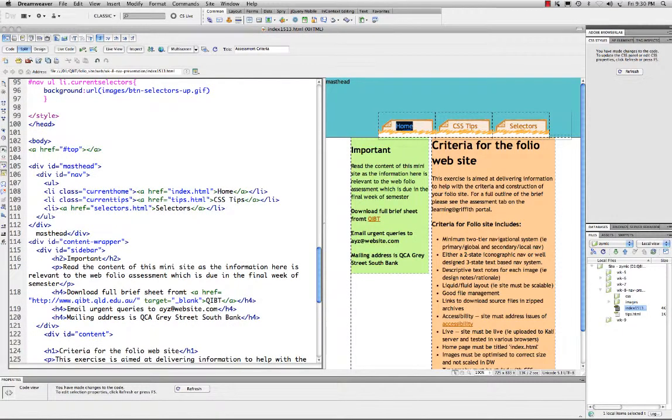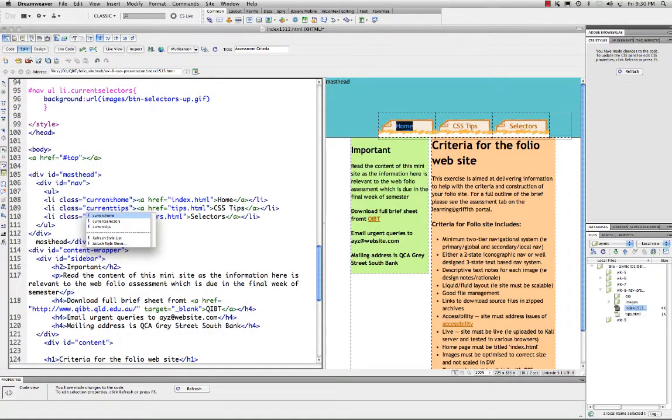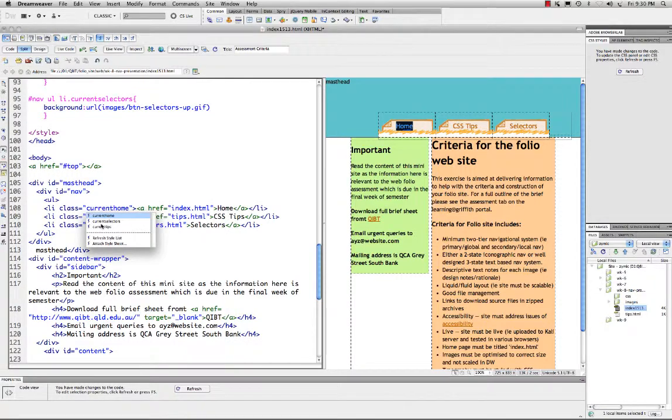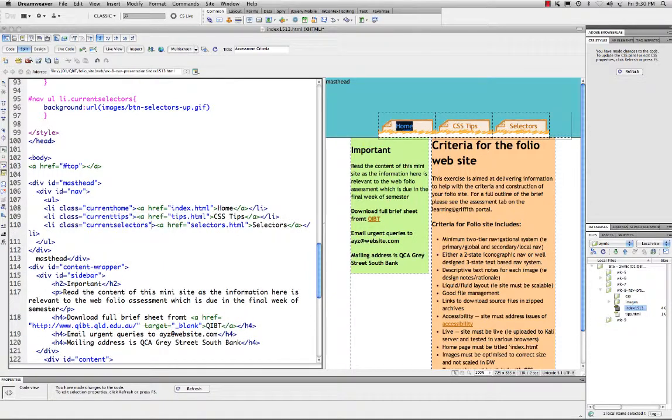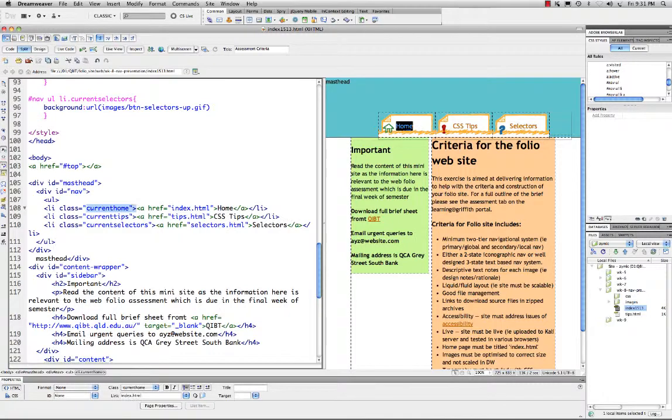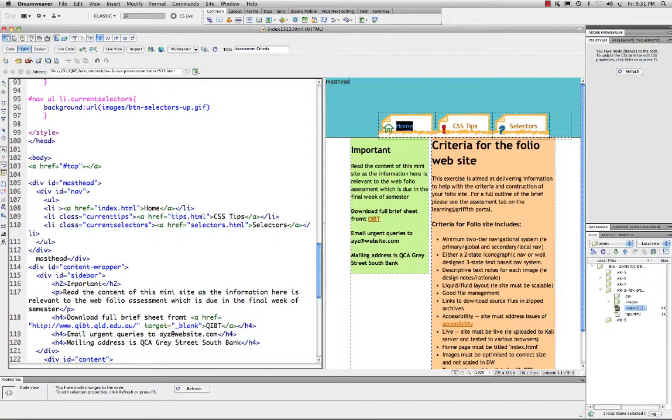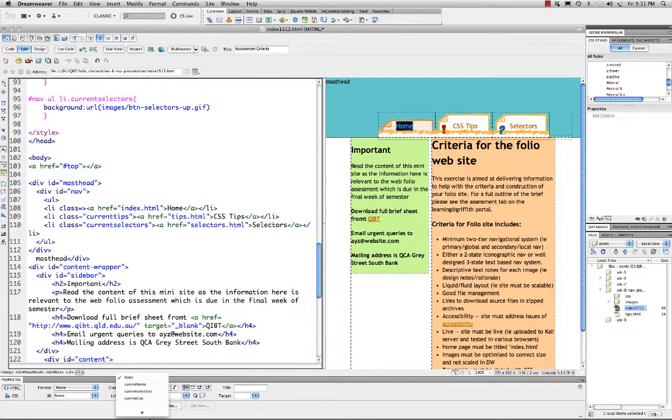So place your cursor in after the Li. You can use the WYSIWYG if it's faster to type in. And then you can see how we'd already actually made our class selectors before in the CSS. It will bring them up in this panel here. So it would be just as easy for me to choose current selectors from that section there. And if I delete one of these, just say I delete the first one that I created, and I place my cursor in and add the word class, I could also go down here and have a look for the